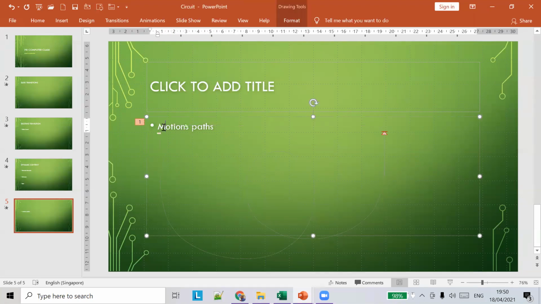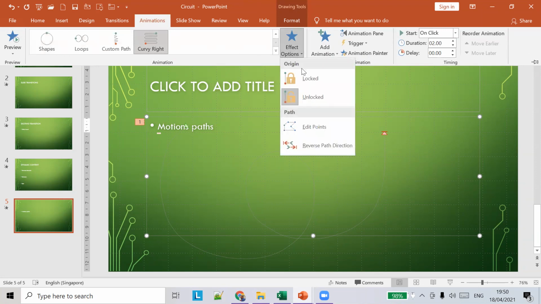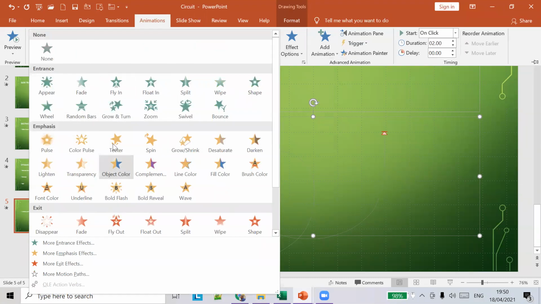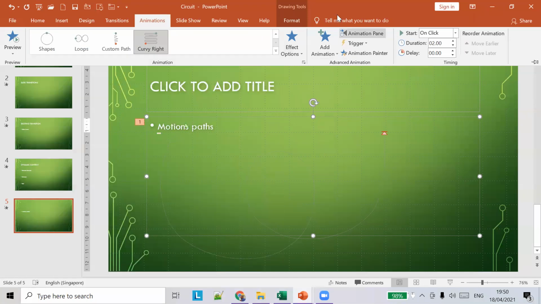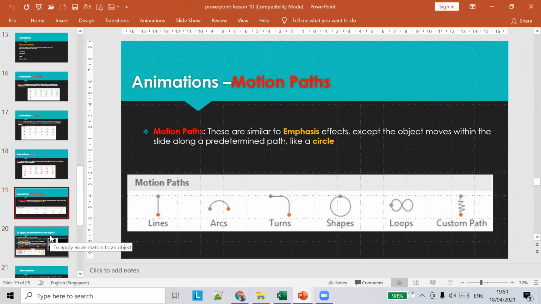Okay. So select the appropriate element, go to the animations. You can choose any type or effect options that are available. You can choose motion paths, exit, emphasis, entrance. So there are different types of animation that are available. We saw an example of every one of these things. You can play around with all the different types of animation that we have. And that's it about animations. Any doubts you have on animations?